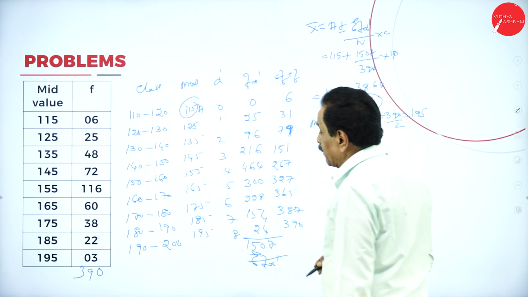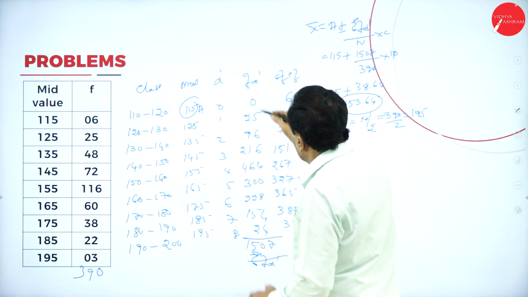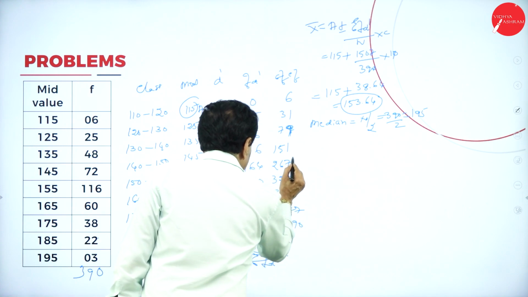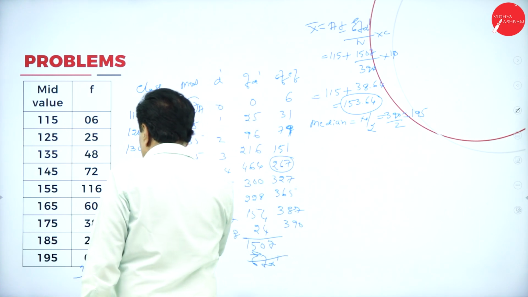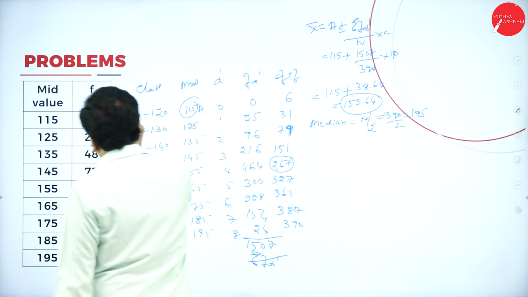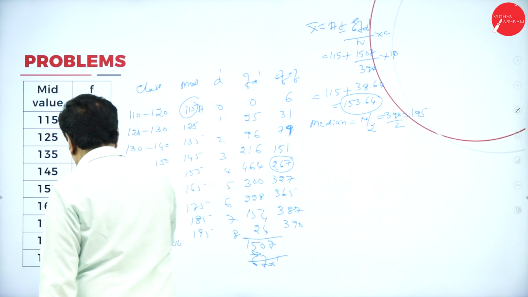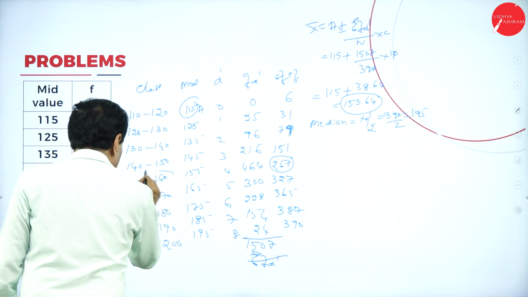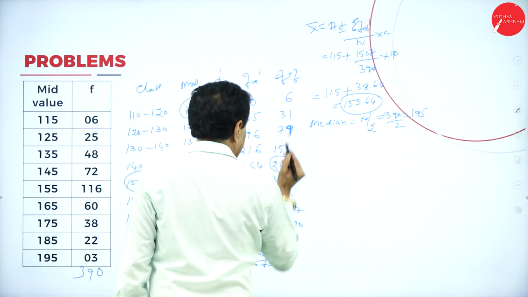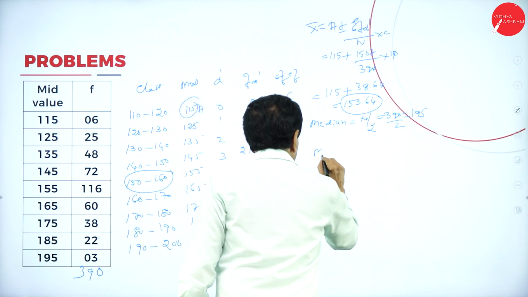Find 195 in the CF. Where will the 195 come? It comes under 267. That is your class, 150 to 160. Median is equal to